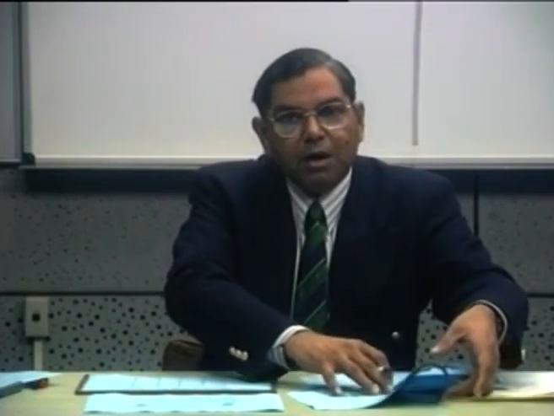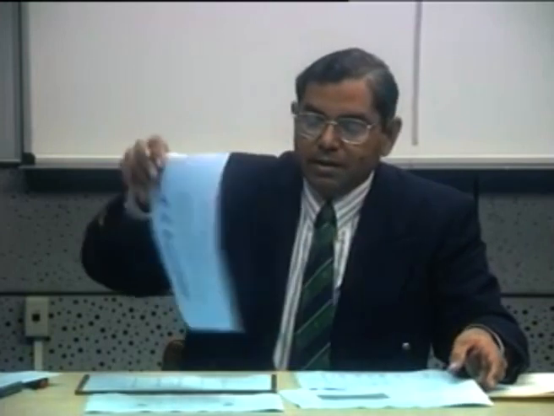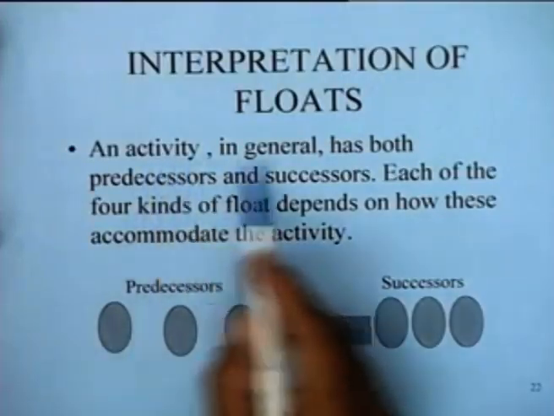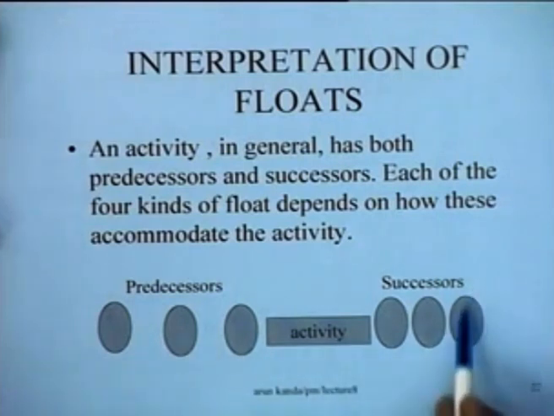Let us now talk about some of the interpretations of these floats. The important thing to note is that an activity in general has both predecessors and successors. So it is like a queue of people, some before it, some after it, and the activity is to be done in between. And if we constrain the duration of the activity, which is the critical path in that sense,